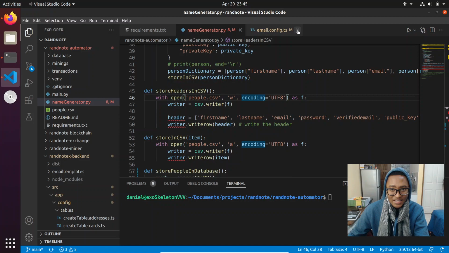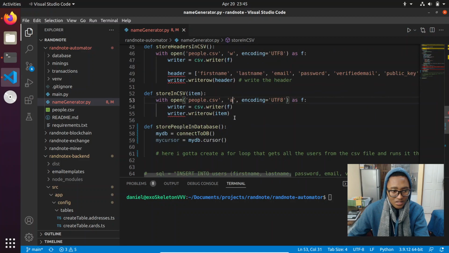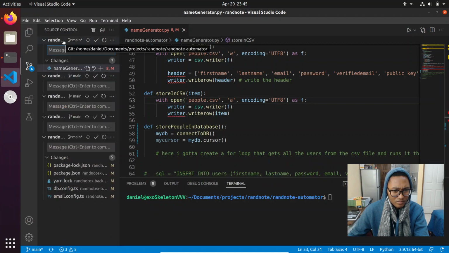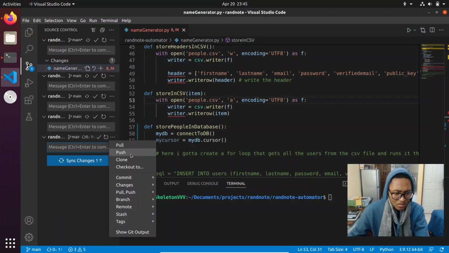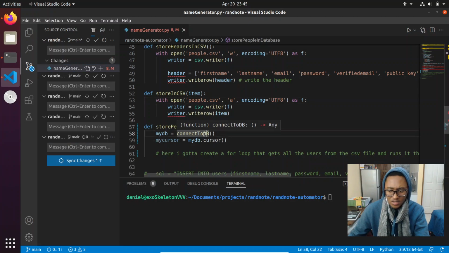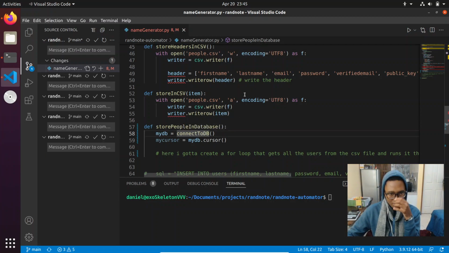Okay, so now since I did that, I can now finally start working on the actual Python script. I should probably do this. Yeah, basic changes. Right. Okay. So,